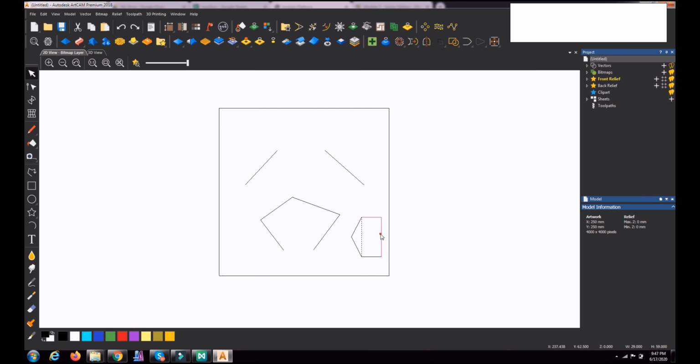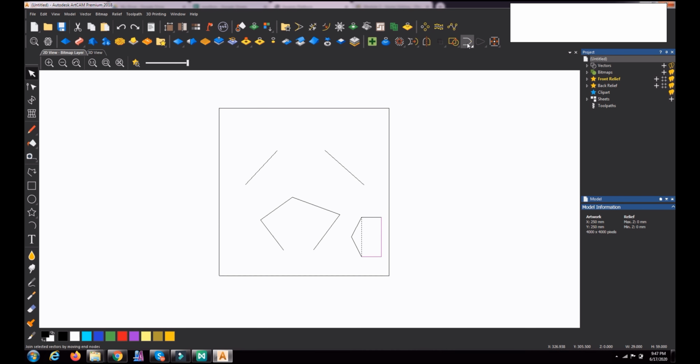Suppose we have lines like this, all independent vectors, but touching each other with a very small tolerance. If you want to join all these together, we need not go independently. If I want to join this to this one, I can use the joining vectors command.